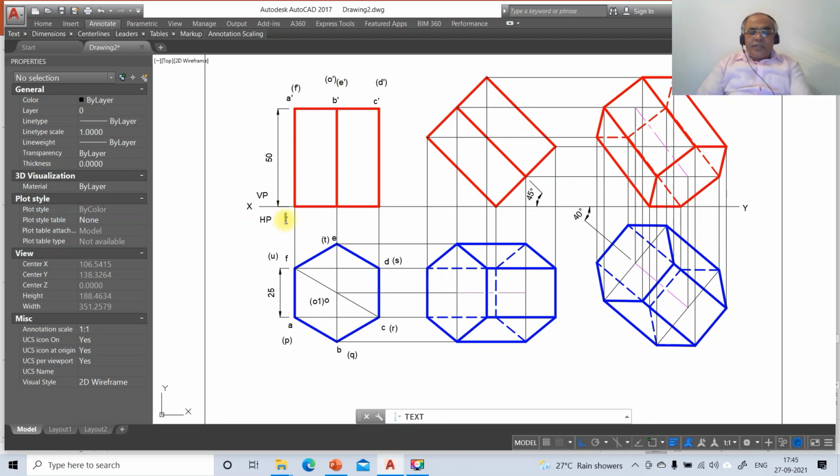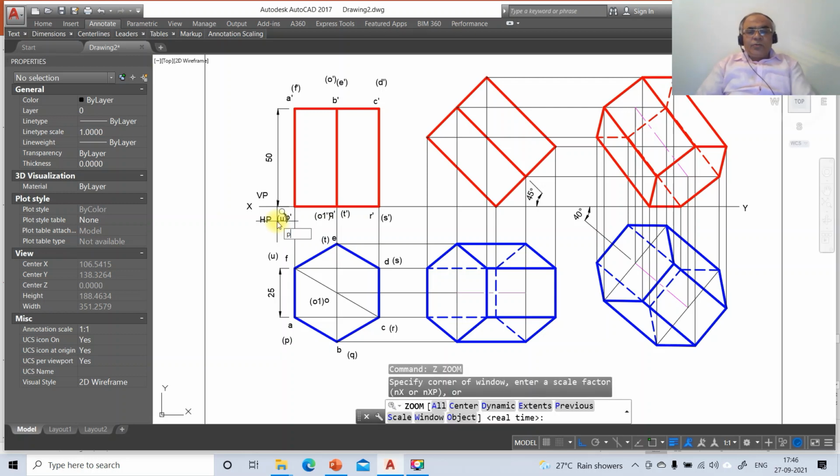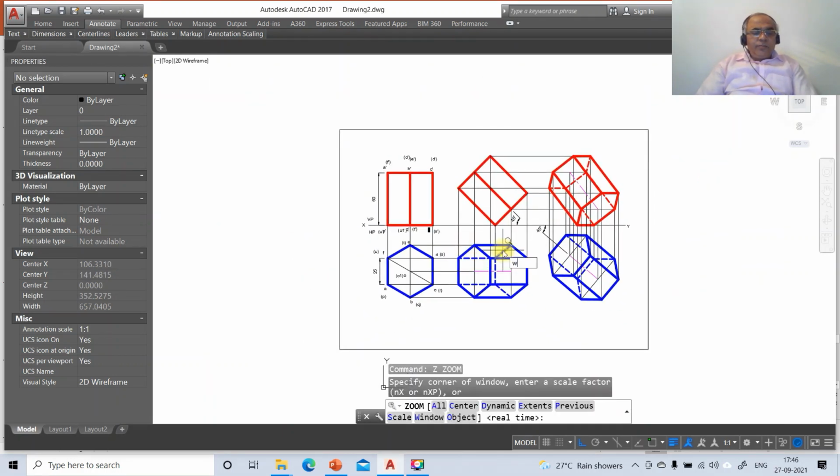Then we have P dash, then Q dash, then R dash, then in bracket S dash, then in bracket T dash, then in bracket O1 dash, then U dash in bracket. Once you do that, go to zoom previous, then zoom window,